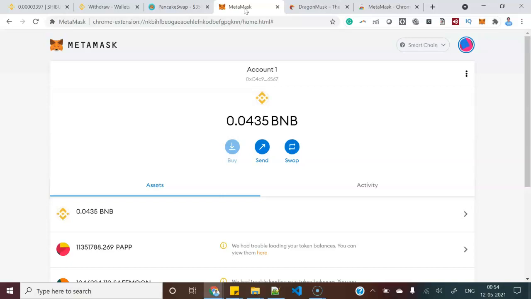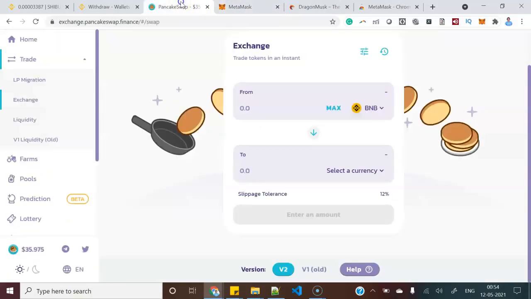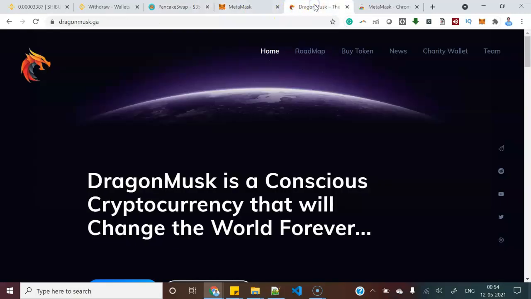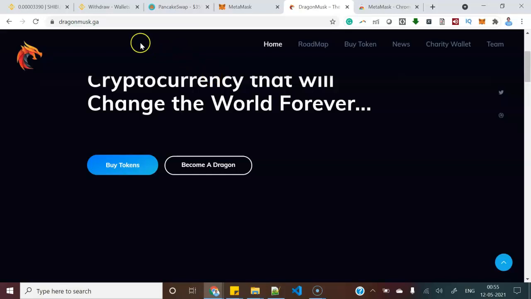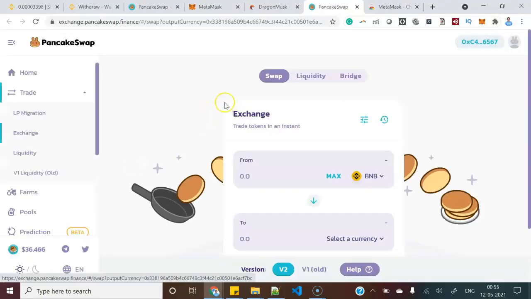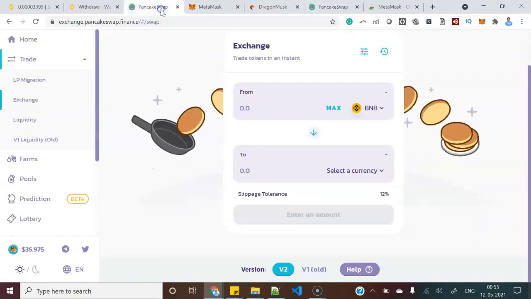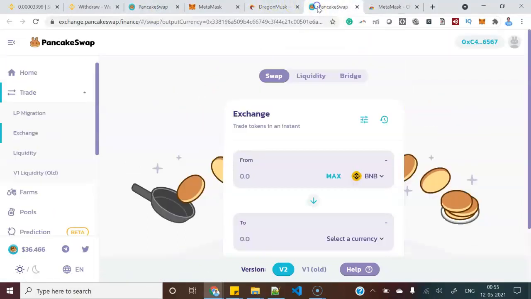Once that is done, you need to go to PancakeSwap, or you need to visit the Dragon Marks website. There is an option, buy tokens. If you hit buy tokens, it will redirect to PancakeSwap. PancakeSwap is another token network which will swap from one cryptocurrency to another.